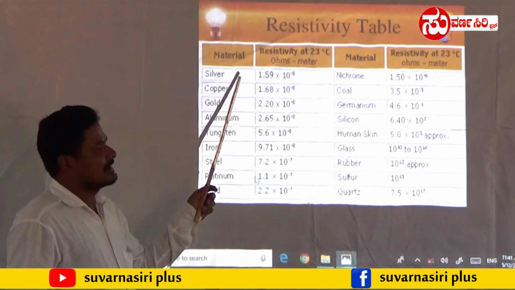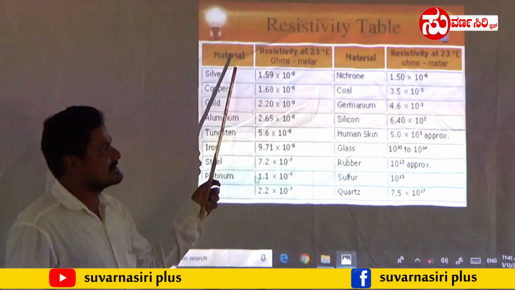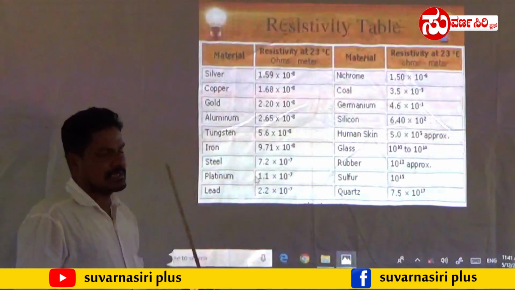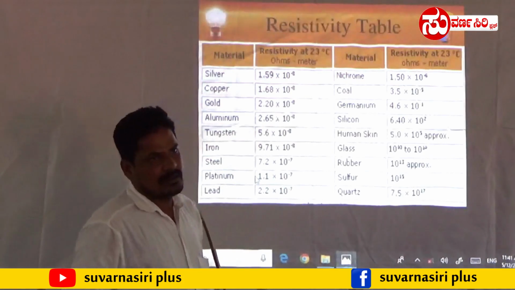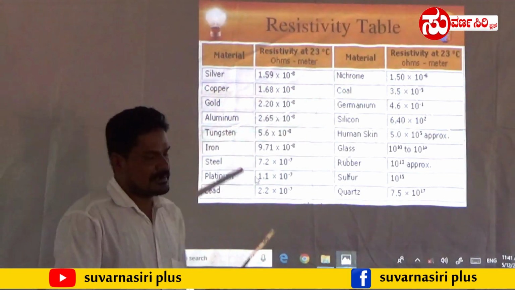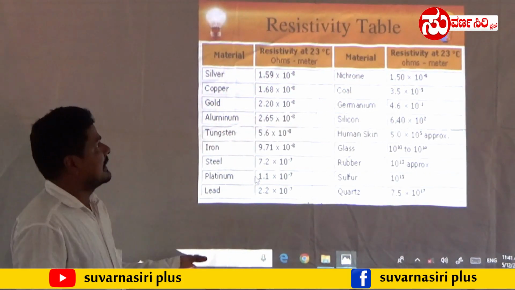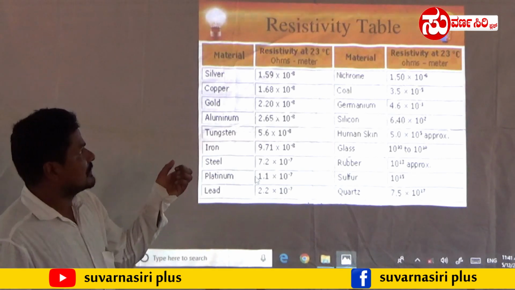This is a good conductor. These are good conductors. Metals are good conductors because they can easily help the electrons flow from one place to another place. And next we have to learn about